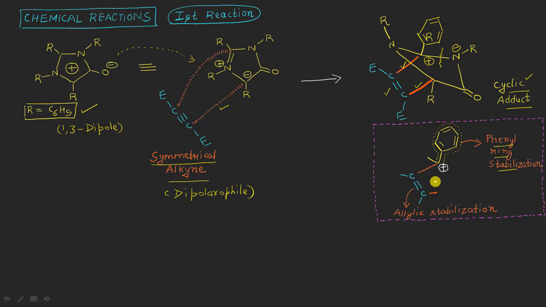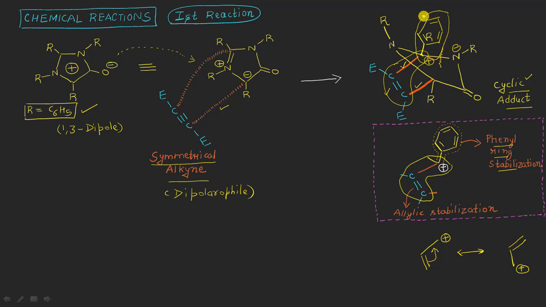You can see here, this is an allylic type of system: a carbon, double bond carbon, single bond carbon having a positive charge. I mean like this here, a carbon, double bond carbon with a positive sign on this side, such that it is also resonance stabilized in this way, a double bond, single bond, and now there will be a positive charge, right? So in a nutshell, the positive charge here on this carbon atom is stabilized. Two different types of resonance are stabilizing this positive charge. The first one is the allylic system here, and the second thing is this phenyl ring here, right?